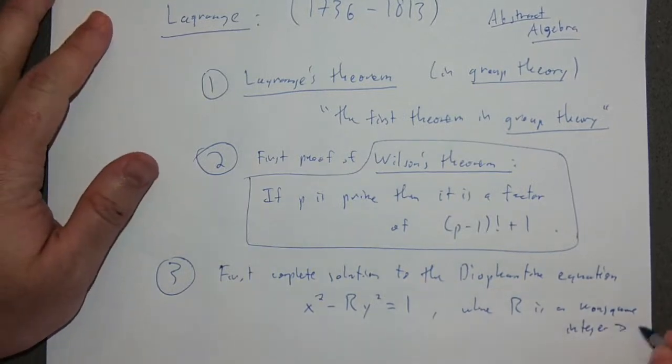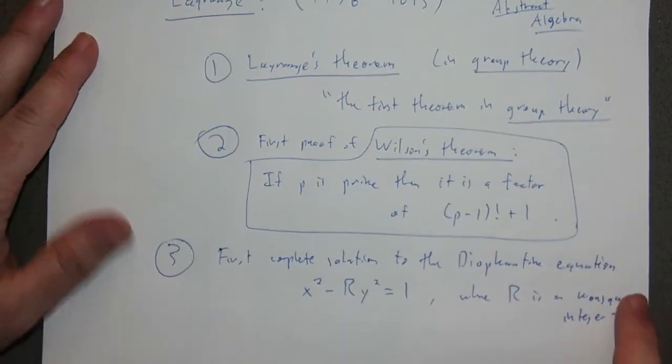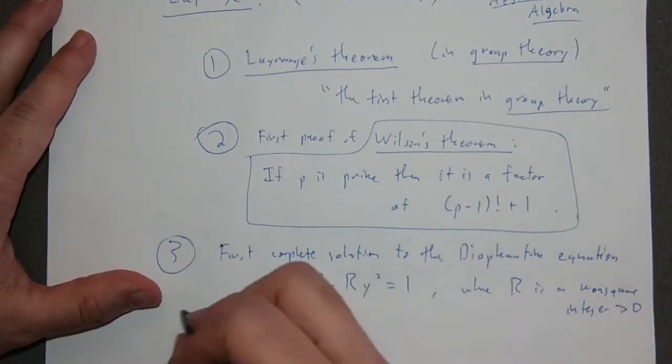It's positive, right, greater than 0. You've seen this equation before. Okay, so this is Pell's equation,